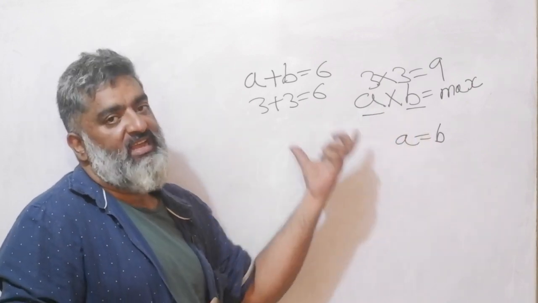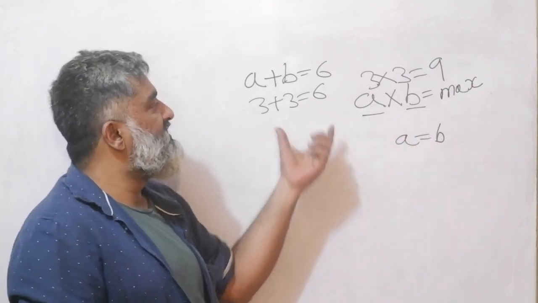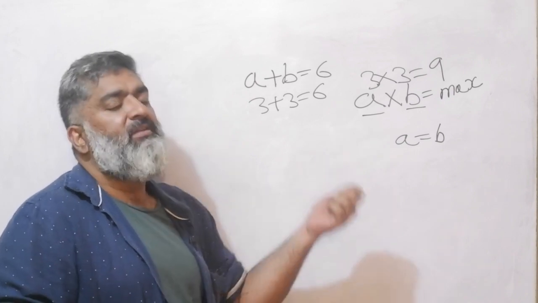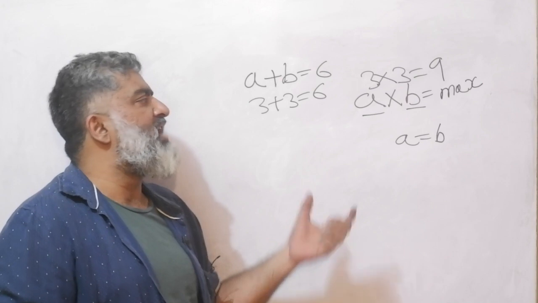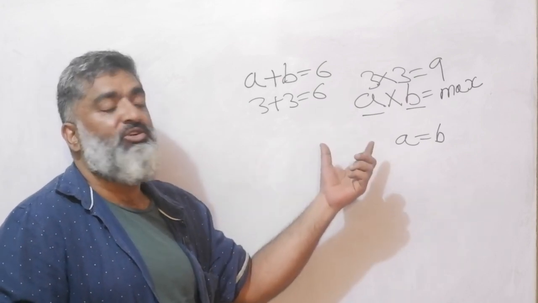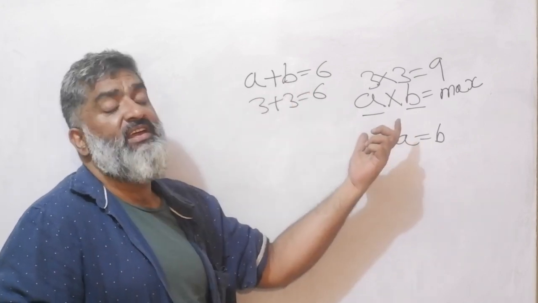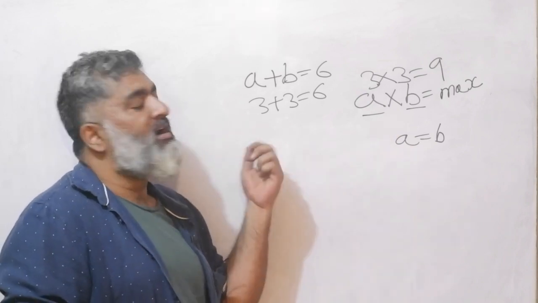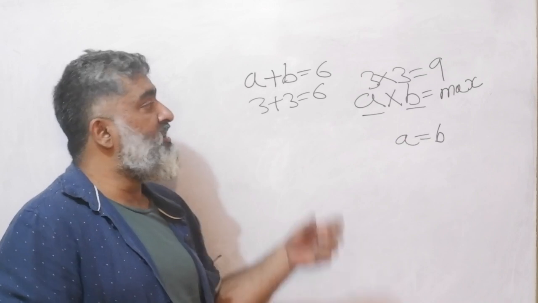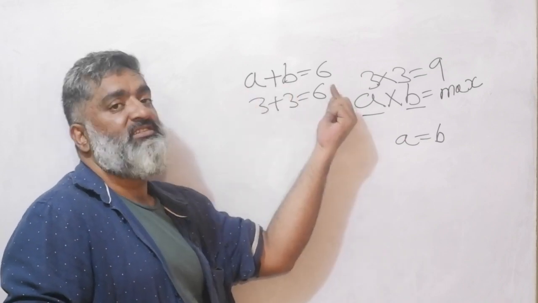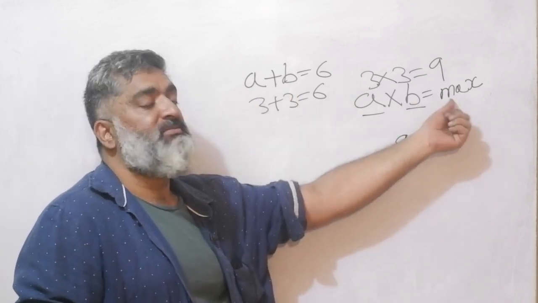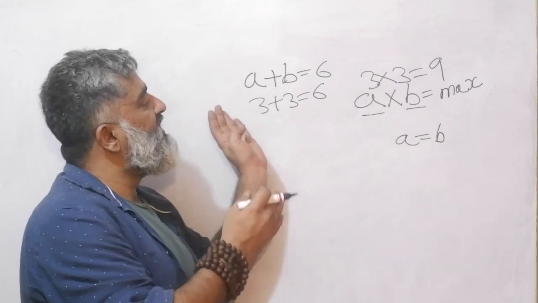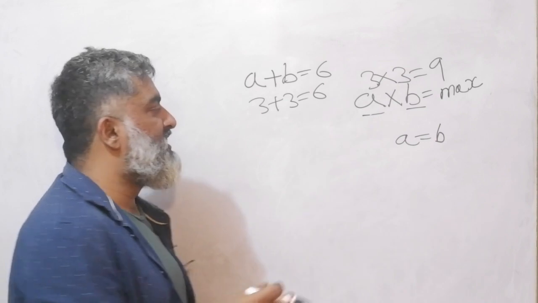We have looked at this idea using AM and GM, but this is also a very popular shortcut formula. I prefer the AM GM method, but from time to time I might go for this interpretation also, especially when the example is very easy to decode. And we'll use this in difficult examples also, but it's a good conversation to have in your pocket: when the sum of the variables is constant, the product will be maximum when the variables are equal to each other. And that will be the story even if you increase the variables.